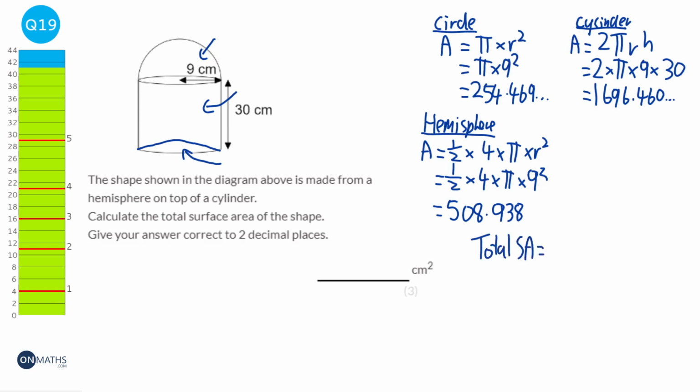And so the final thing is to work out the total area, so total surface area. We're just going to add up all these numbers together. So we add up the 254.469, the 1696.460, blah blah blah, and the 508.938, blah blah blah. And we get 2459.867 blah blah blah. Do make sure you show the examiner that you're adding these three here. I've not done that because it wastes a bit of time for a video, but make sure you write it down. It says it wants it to 2 decimal places, so that will be